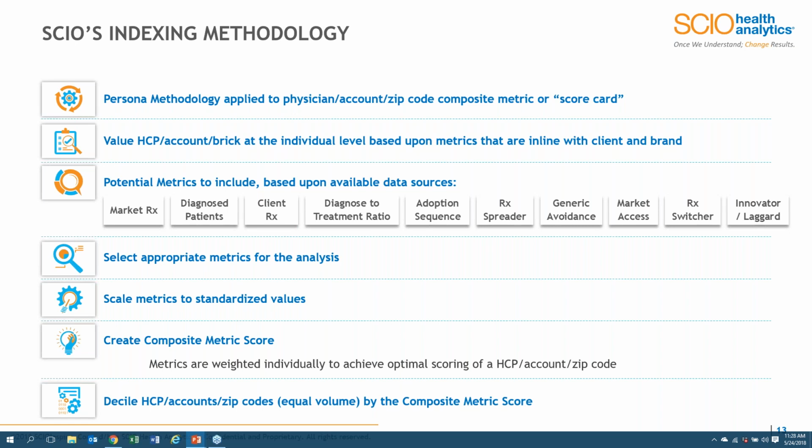John, anything else there? No, the only thing I would add is that no two clients are alike in terms of how they define market expansion. Some clients look at this type of methodology at the HCP level. Some other clients look at this at the institutional level. And some clients look at this geographically speaking, which we'll show you an example of next. Point of the matter is that when they think of market expansion, it comes in a number of different ways to think it through, how it's measured, and what the applicable scorecard of metrics look like. Beauty is we've had the experience to work with all clients in those three buckets.